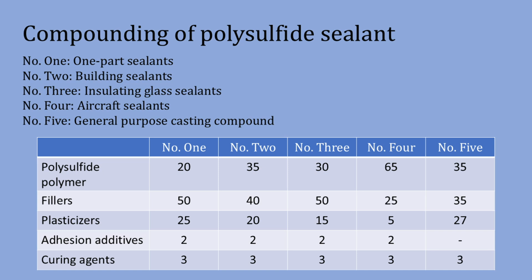Compound 3 covers insulating glass sealants, where a reduced plasticizer content combined with a higher filler load yields the hardness required for such applications. Compound 4 highlights aircraft sealants designed with minimal plasticizer content to reduce extraction by jet fuels, maintaining seal integrity in demanding aerospace environments. Lastly, Compound 5 is a general-purpose casting compound characterized by high plasticizer levels, providing excellent flow properties suited for casting